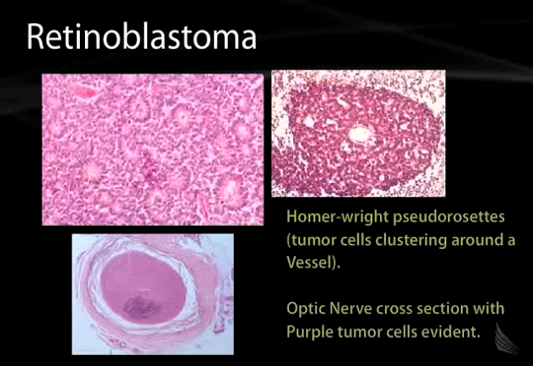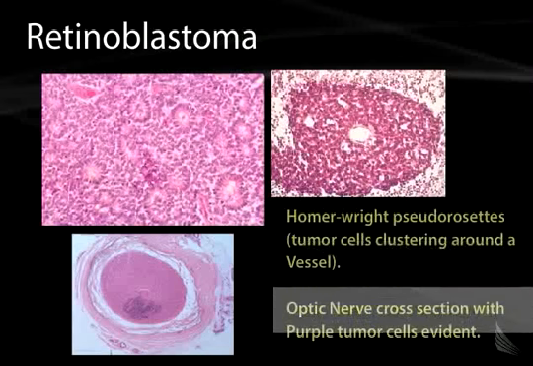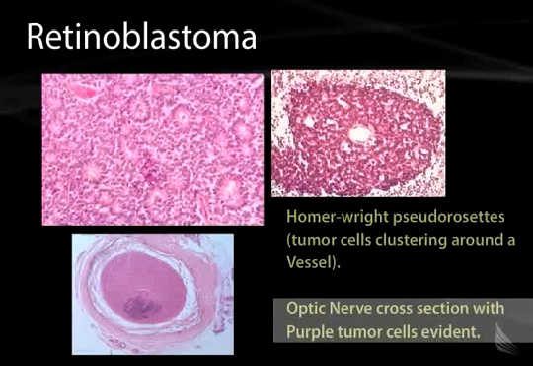Histologically, retinoblastoma has characteristic signs which show that it has neural-derived tissue as its origin. The Flexner-Wintersteiner rosettes are characteristic of the neural tissue found in retinoblastoma. Homer Wright pseudo-rosettes, tumor cells clustering around a vessel, are found in other neurologic tumors such as medulloblastoma or neuroblastoma. On the bottom left, you have a section of an optic nerve that has evidence of retinoblastoma invading